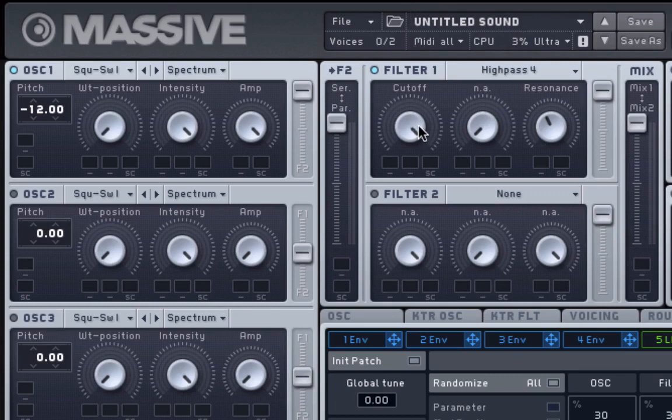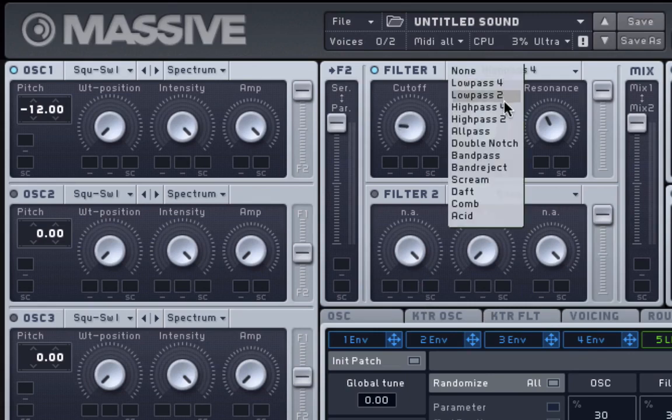Until you can barely hear anything because the frequencies that are passing through are so high. And once again, you have the 4-pole and the 2-pole, 24 decibels per octave slope, 12 decibels per octave slope. So those are the low pass and high pass filters. Those are the most common filters, and probably the ones that you'll be using the most often to shape your